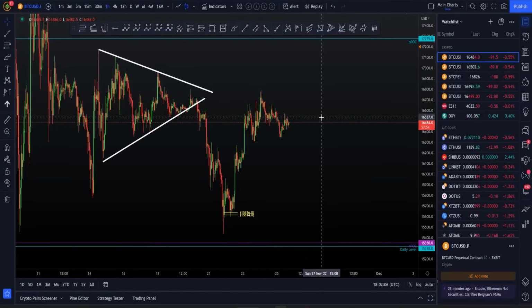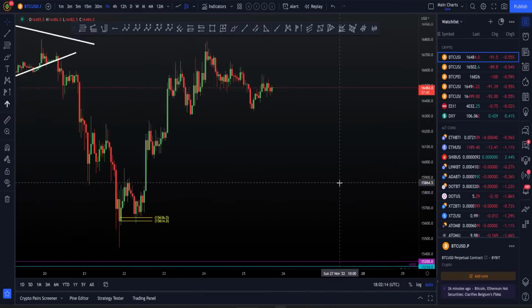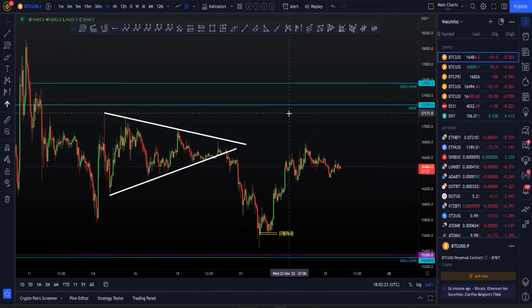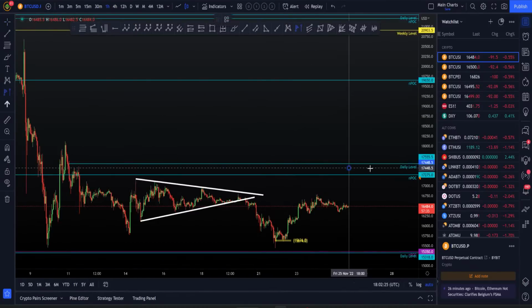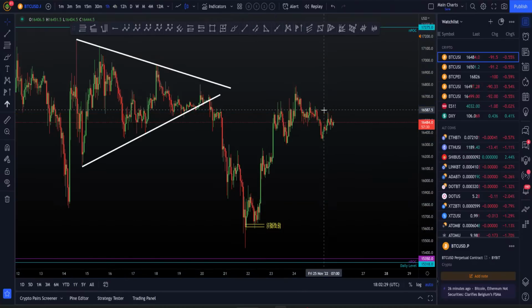Now we'll move on to what's happening next. Just a quick rundown of what we've moved up to. Obviously we moved up to this daily level. We had a daily level around here, and an NPOC around here. As I showed you, we also have this zone of the range point of control. So we're obviously around this point of control currently. This is our current resistance that we're at.